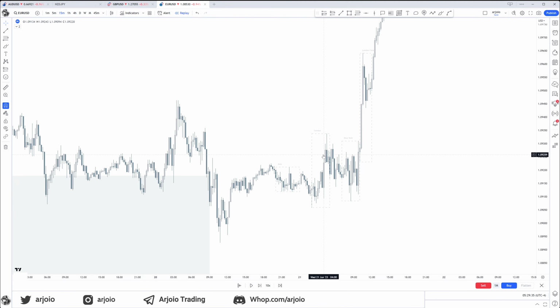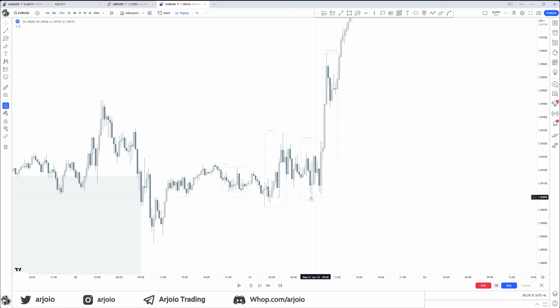So London creates a fair value gap. Whenever London makes a low and creates a fair value gap, so London has a fair value gap in it, New York will likely only be a retracement and won't take out what London has created. Will likely only be a retracement and then a continuation of what London already had established. That is a big point.